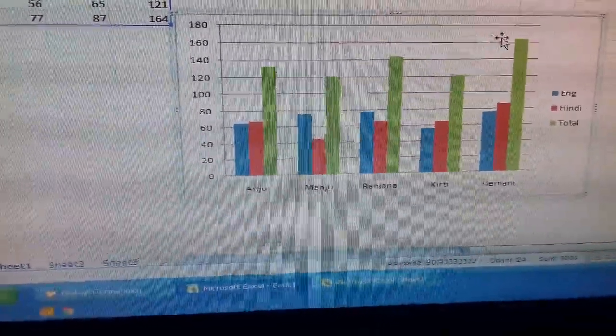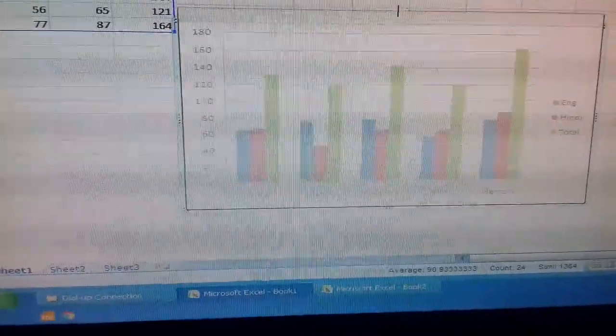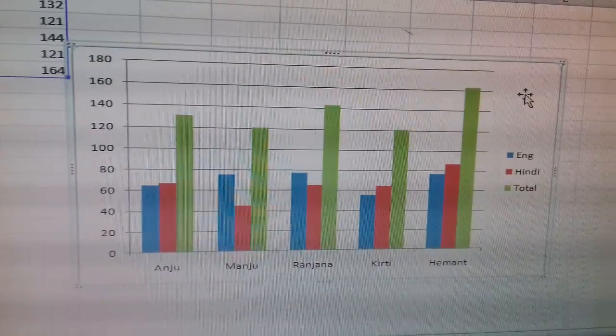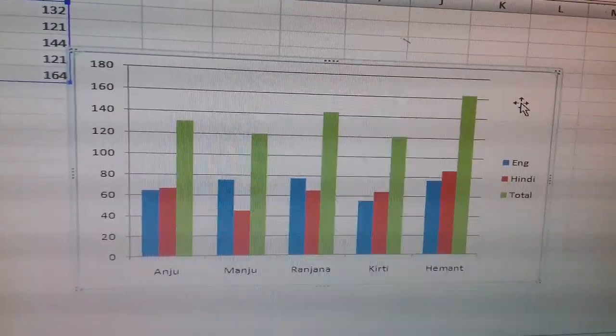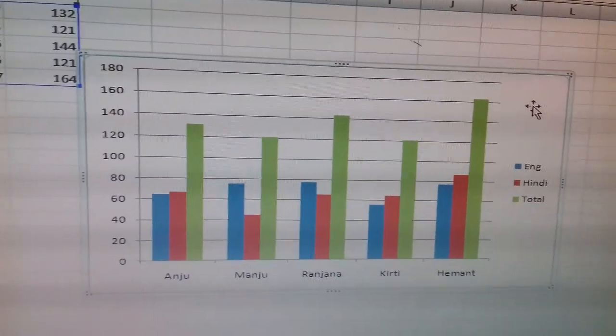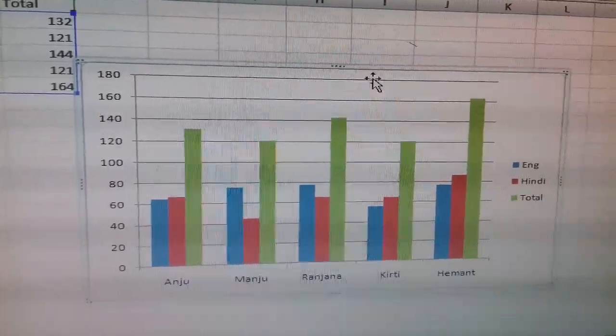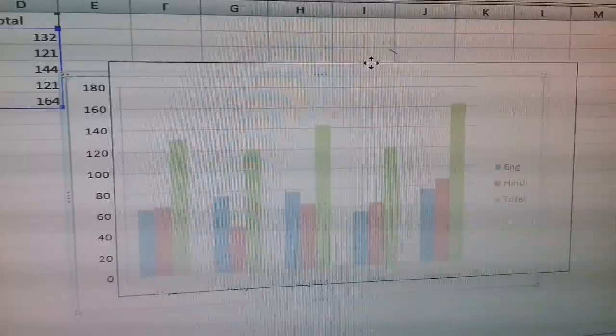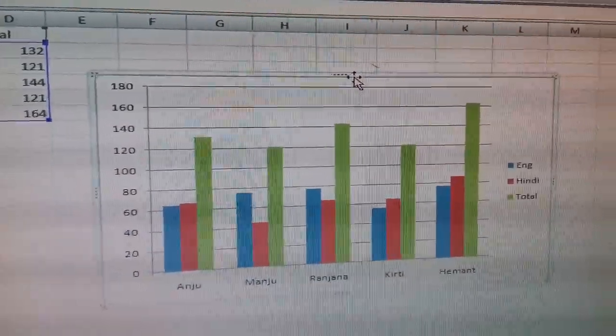Now, before doing the other thing, let's start with the components of chart. Children, see this outer border. You can see this is called chart area. This border is called chart area. What is this chart area?